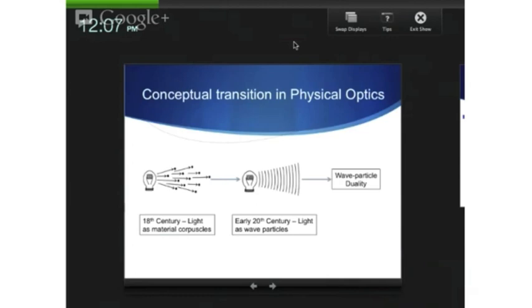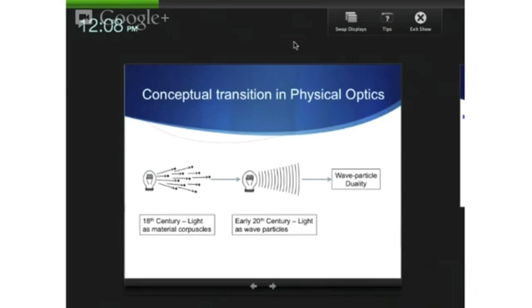Today we consider light as a quantum mechanical entity which shares the characteristics of both particle and wave. However, if we go a century back, in the early 20th century, it was considered a transverse wave motion. And if we go further back to the 18th century, light was considered as material corpuscles, or material particles. This transition in conceptual understanding of what light is shows how our scientific knowledge evolves over time with new discoveries and ideas. Basically, flux is an important and inescapable feature of our scientific knowledge.